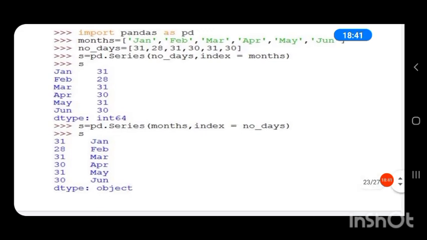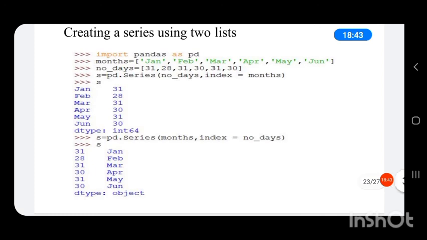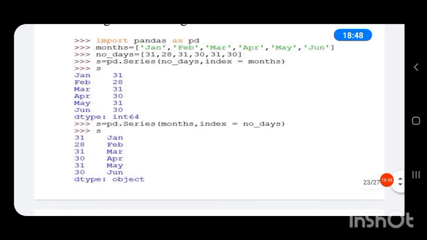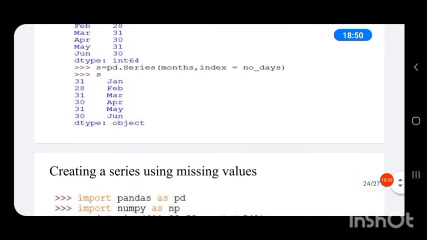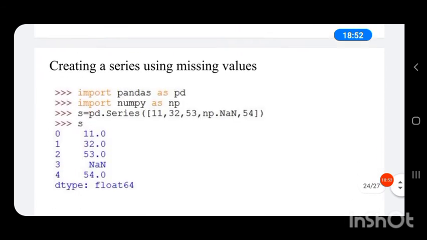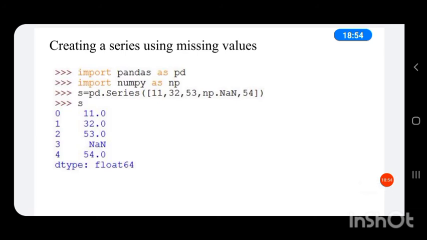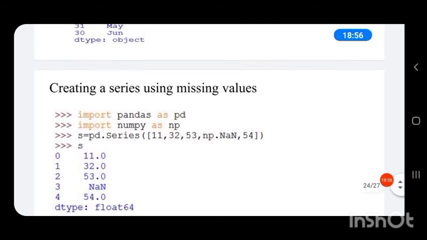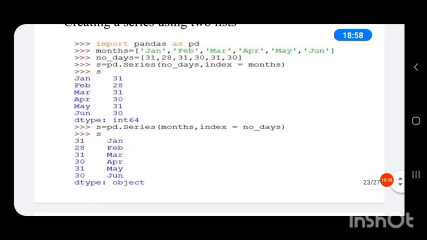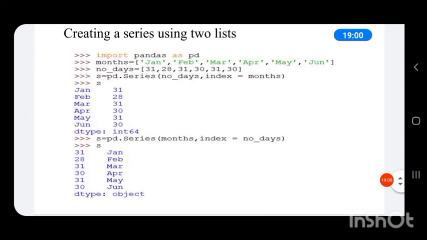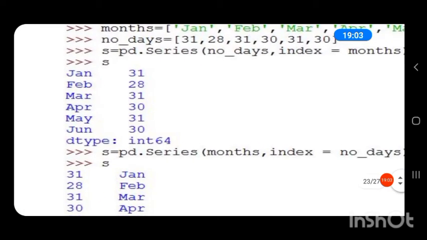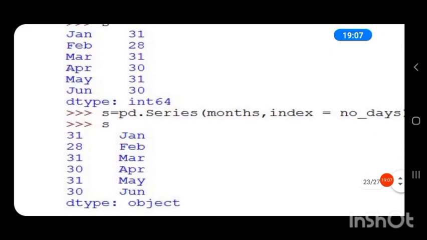So this is how we can create a series using two lists. One list can be used as the index and the other list can be used as the data. It is convenient to use the months as the index like in the first one, because a few months have the same number of days.